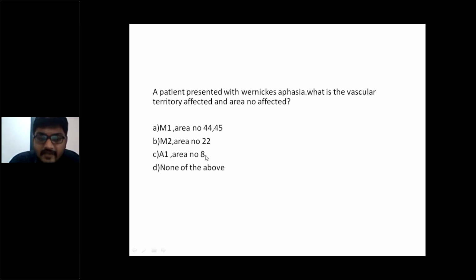So if this frontal eye field is affected, then you may get urinary incontinence. Okay, right? And some gaze palsy. Why? Because, see, gaze palsy. I have discussed this. You should remember that. From the frontal eye field, the fibers pass down to the PPRF, MLF, opposite MLF. Then this frontal eye field is the center for horizontal gaze. If there is a lesion in the left frontal eye field, then what happens? You are unable to see one side, because this is the center for horizontal gaze. Horizontal gaze palsy will be there. Area number 8 is affected.